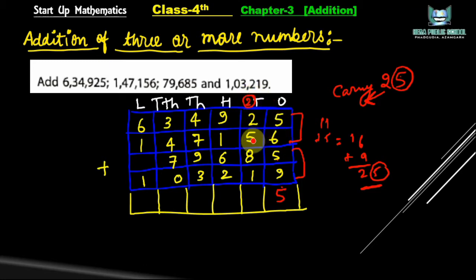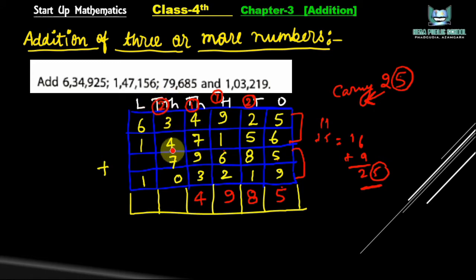2. 5 plus 2 is 7, 7 plus 8 is 15, 15 plus 1 is 16 and 2 carry is 18 and carry 1. 9 plus 1 is 10, 10 plus 6 is 16, 16 plus 2 is 18 and 18 plus 1 is 19 and carry 1. 4 plus 7 is 11, and 11 plus 9 is equal to 20, and 20 plus 3 is equal to 23, and carry 1 is equal to 24, and we get carry 2.